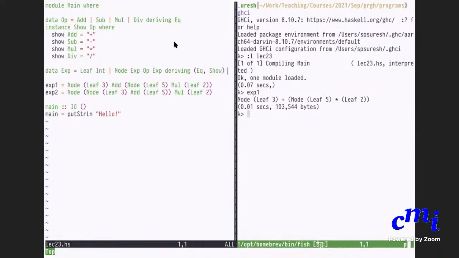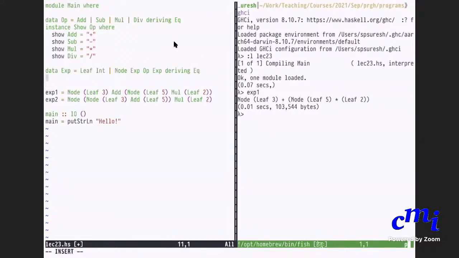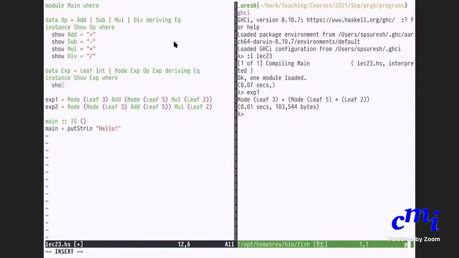So for that, instance show exp, where I need to now define the small s show.